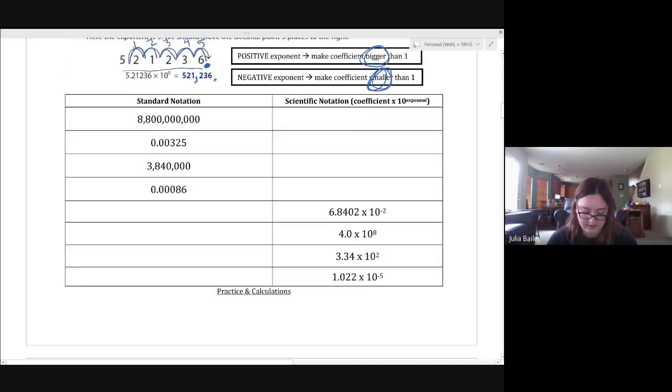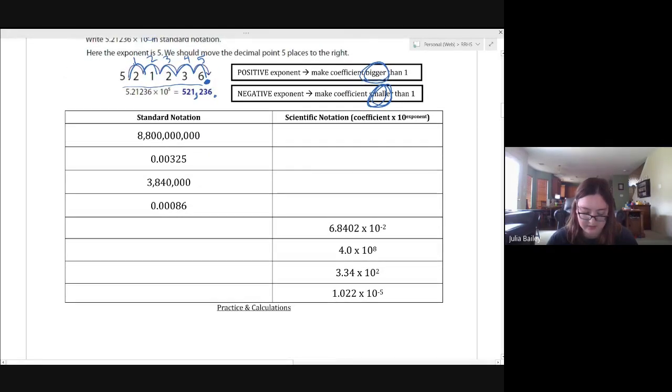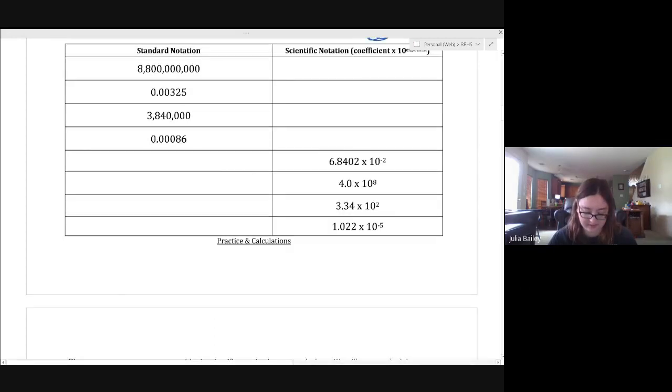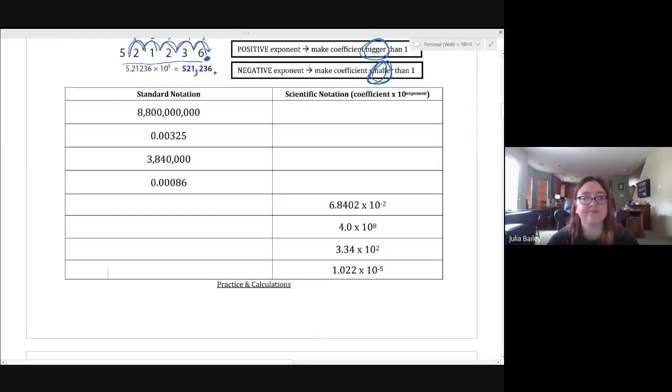So here are some practice problems for you to try. I would prefer you to pause the video before you actually do those, and then come back and watch the video to check with me. So go ahead and pause the video right now to try that yourself. And when I have you playing the video again after you tried it yourself,